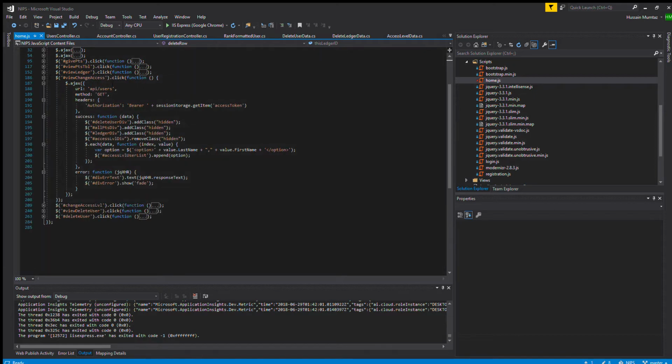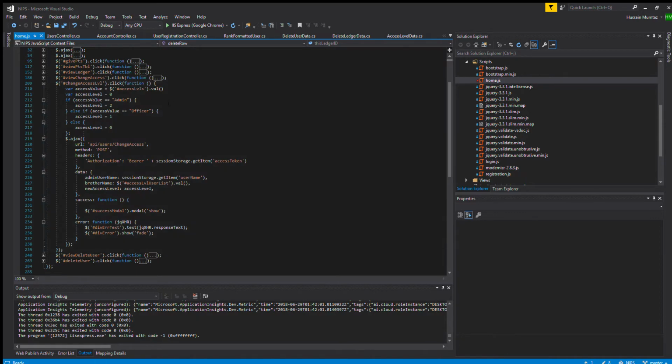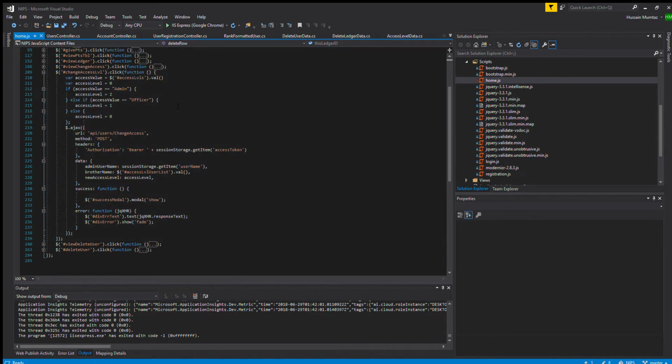For view change access, it displays the change access table, which we saw earlier. It works in pretty much the same way, and it displays the table as necessary, appending all of the users into the drop-down that's dynamically created. And the change access level button here determines the access level we've selected first, and then calls the API call to change access, giving it the appropriate data, and if there's success, it shows the success modal, and if there's an error, it shows the error div